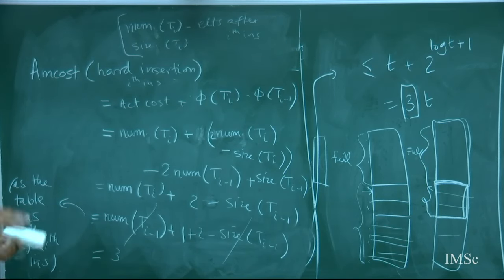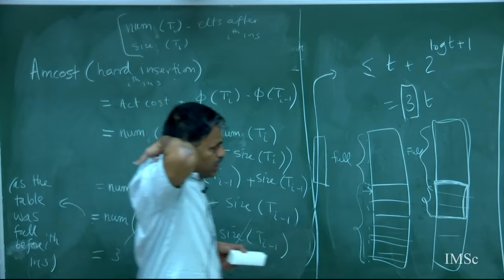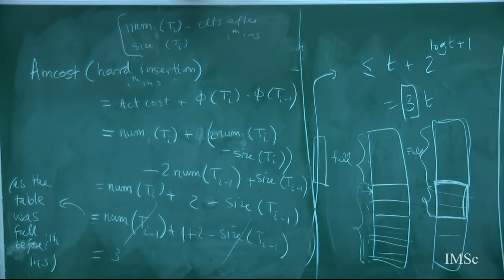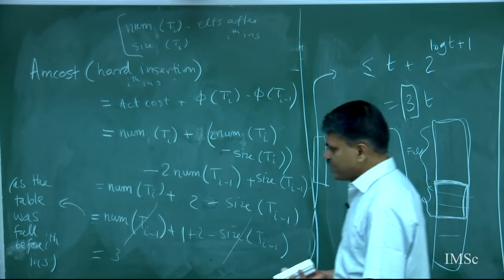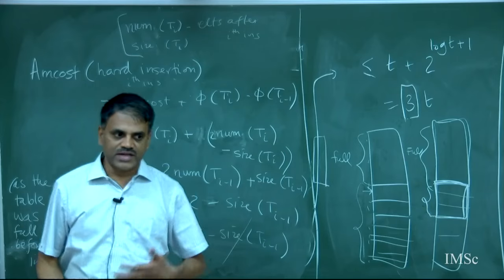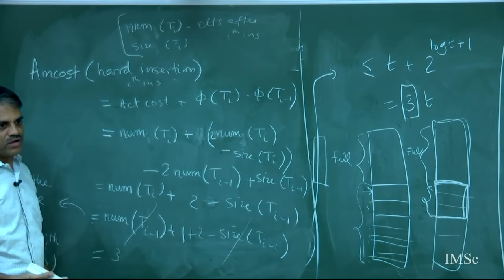If I would really want a contiguous set of locations without really wasting space, then every time when the table is full, I ask for double the size. This doubling, sometimes called the doubling argument, comes up in a lot of places where it can easily show the amortized cost is constant. Now if I also want to include deletions and still want to maintain that the table is at least half full,